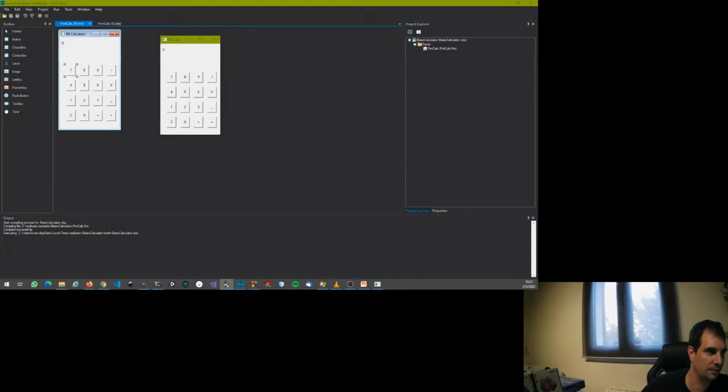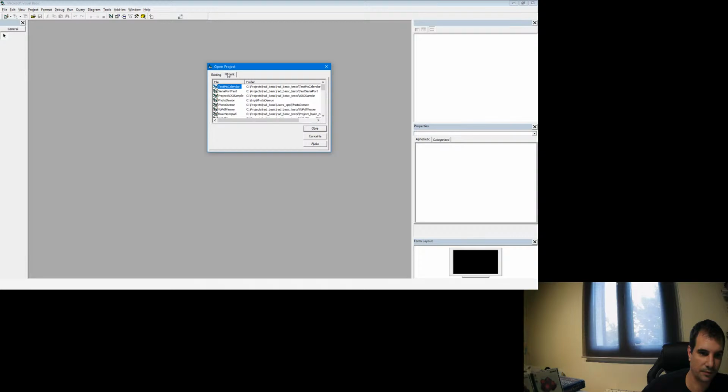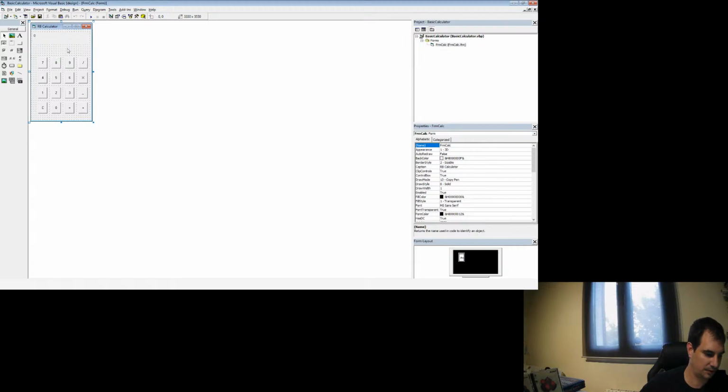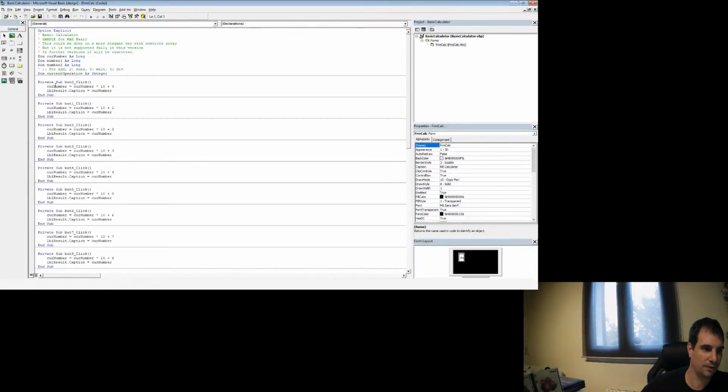We can load it in Visual Basic. Sorry, I'll move it to the other display, and if I open the same sample, you can see this is the same here, and the code is the same.